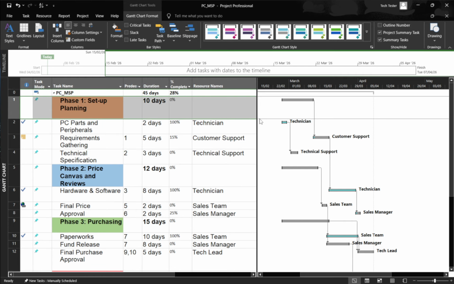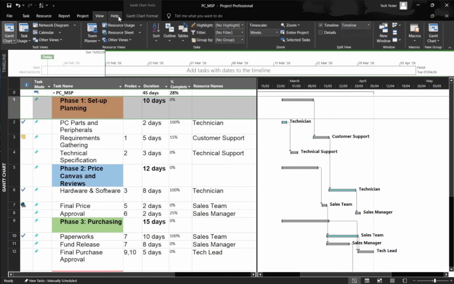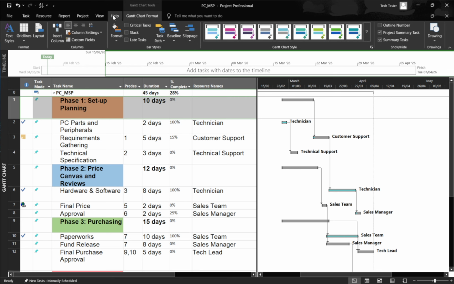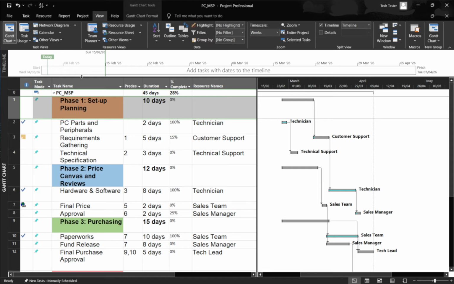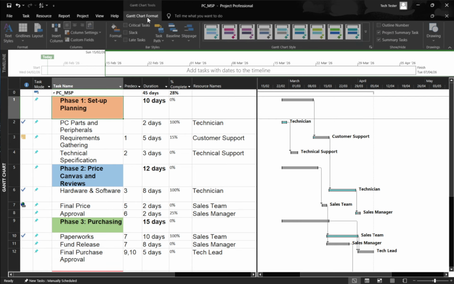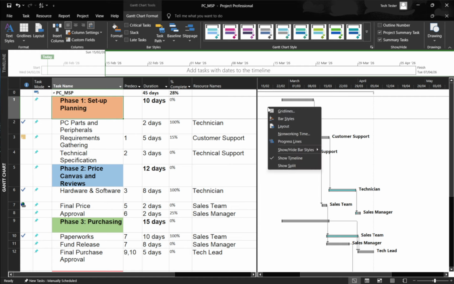Start in a Gantt chart view so you can see the timeline on the right. To change colors for all bars of a certain type, like regular tasks, summary tasks, milestones, or the progress portion, open the Bar Styles dialog. The quickest way is to double-click a blank area of the Gantt chart, not on a specific bar. If you prefer the ribbon, go to the Gantt Chart Format tab, click the small arrow under Format, and choose